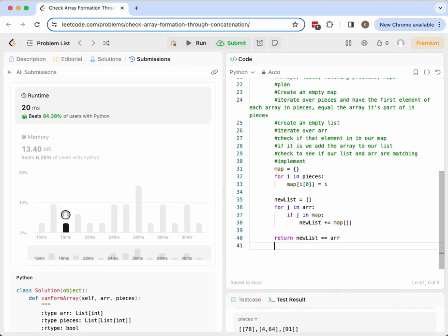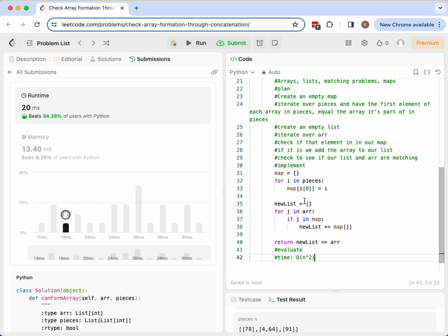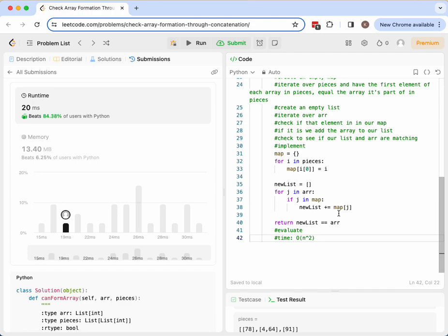And then for evaluate, so I believe the time is O(n squared), because we're using two loops. And then it's gonna depend on the size of our pieces and arr, right? Like the longer that our inputs are, the longer the solution will take. Then I believe space is also O(n squared),